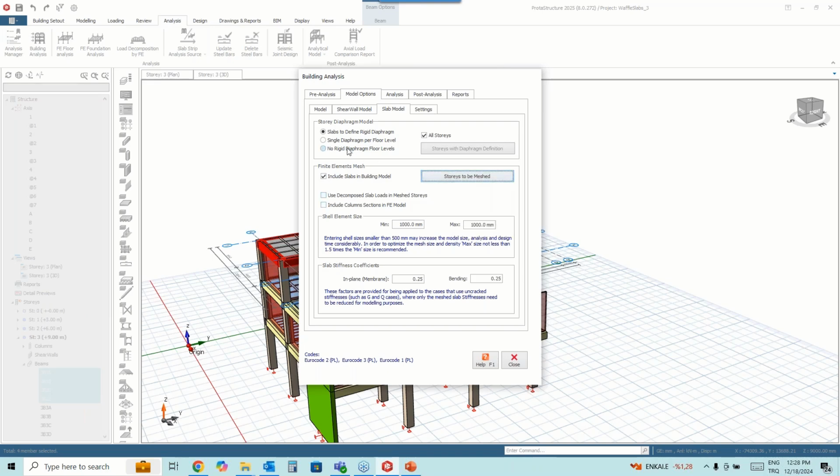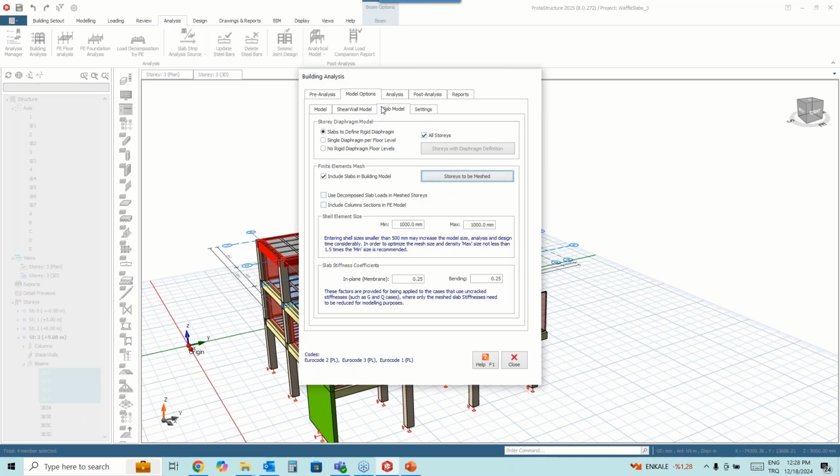So you can also do this. For example, you can use the rigid diaphragm for all stories, and you can mesh the slabs for the selected story. It's also possible. So the load distribution will be done by the finite element method.